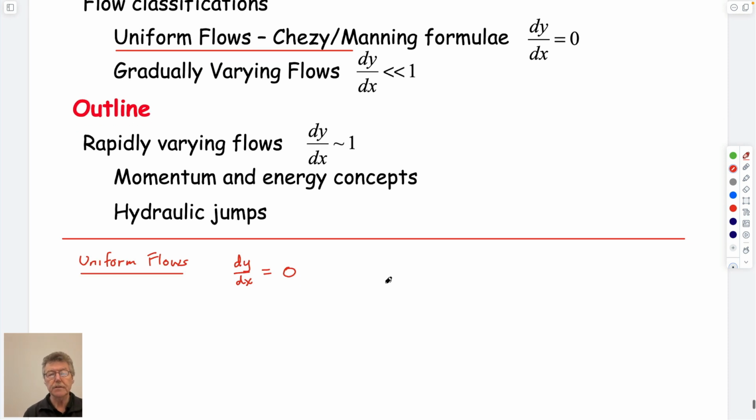And I won't draw the figures for that, but we know that for a channel that has some perimeter attached to it, and has an area attached to it,